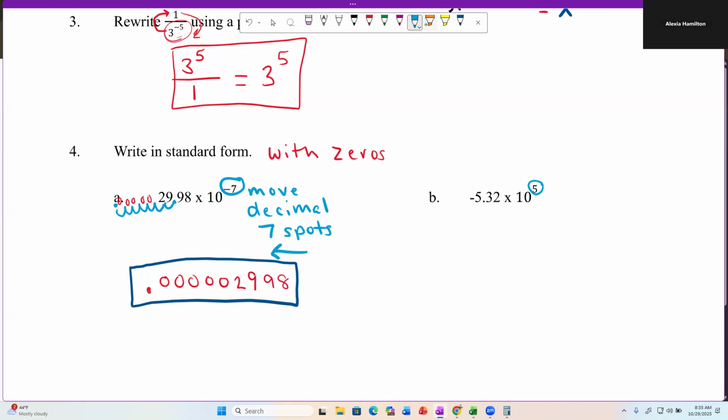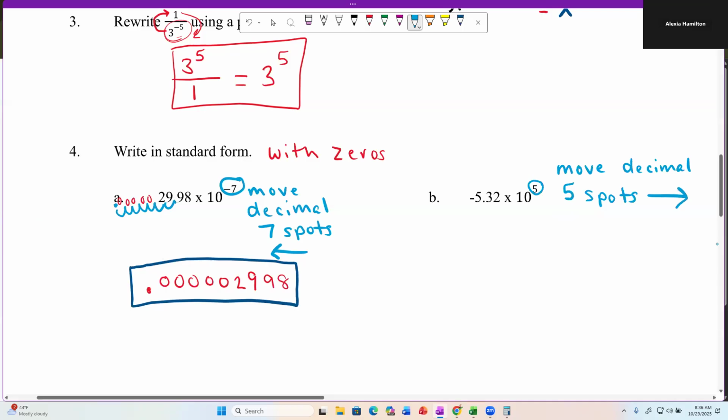The exponent on the 10 is a 5, so now we're going to move the decimal the number 5 spots. And because the 5 is positive, we're going to go to the right. So moving my decimal point behind the 3 is 1 spot. Behind the 2 is 2 spots. 3, 4, 5. And again, any spot that doesn't have a digit in it, I'm going to fill